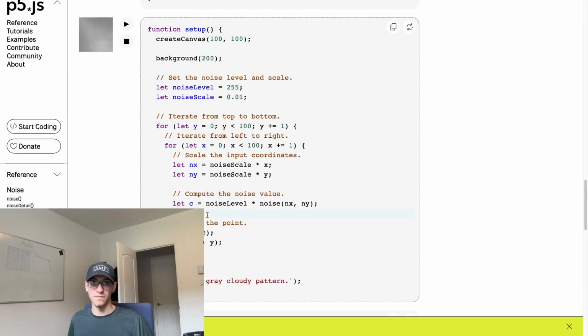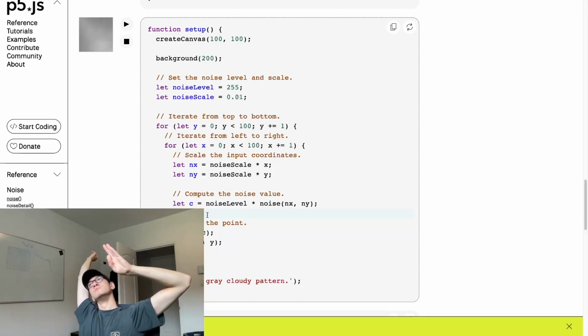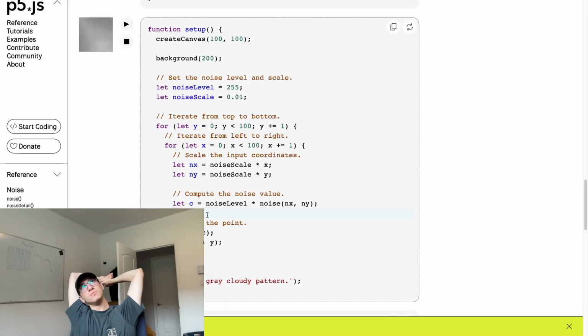Let me think about it. So the noise function returns one value,